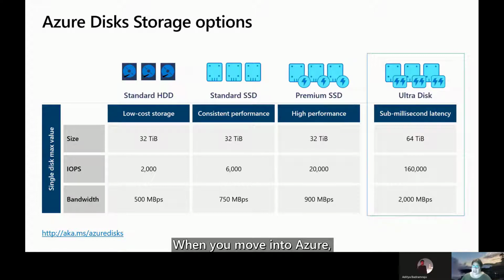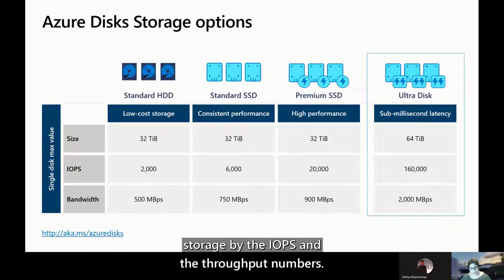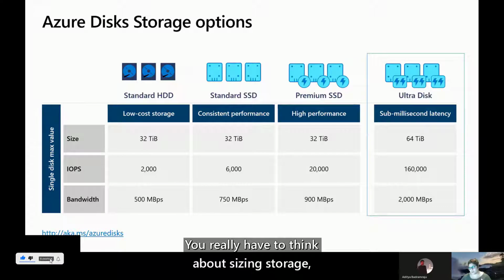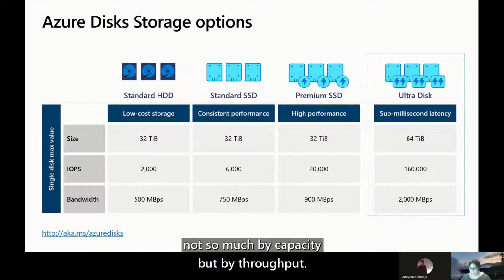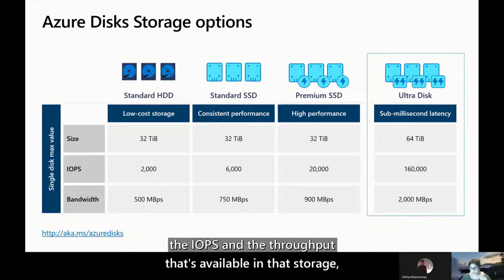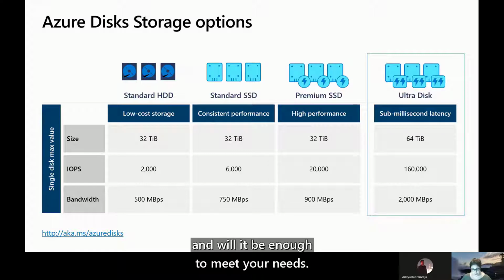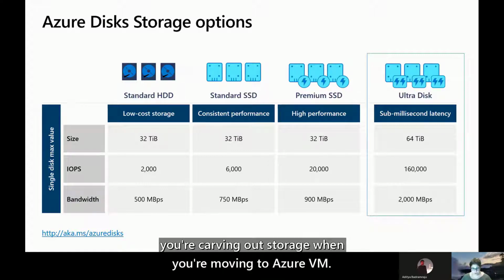When you move into Azure, you are actually paying for storage by the IOPS and the throughput numbers. So you really have to think about sizing storage, not so much by capacity, but by throughput. You have to think about the bandwidth, the IOPS and the throughput that's available in that storage, and will it be enough to meet your needs? So you really have to flip the script with how you're carving out storage when you're moving to